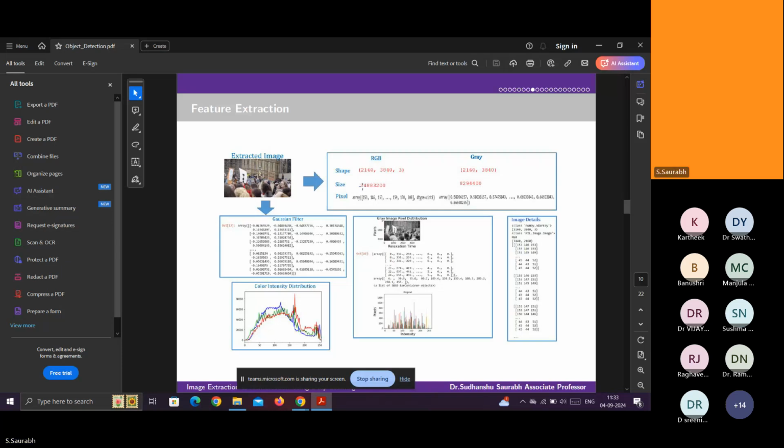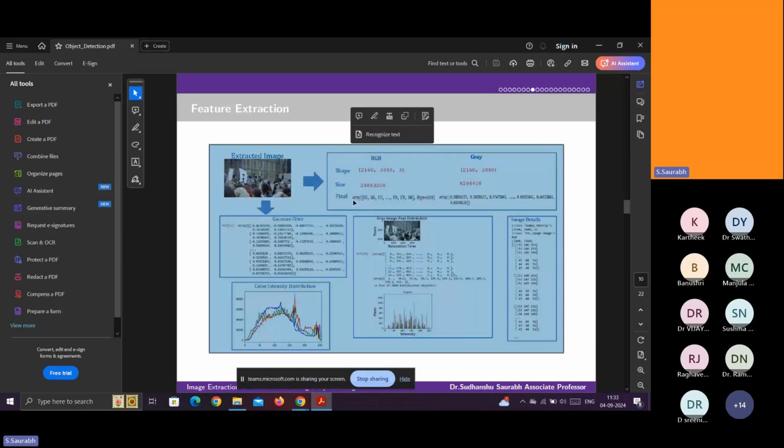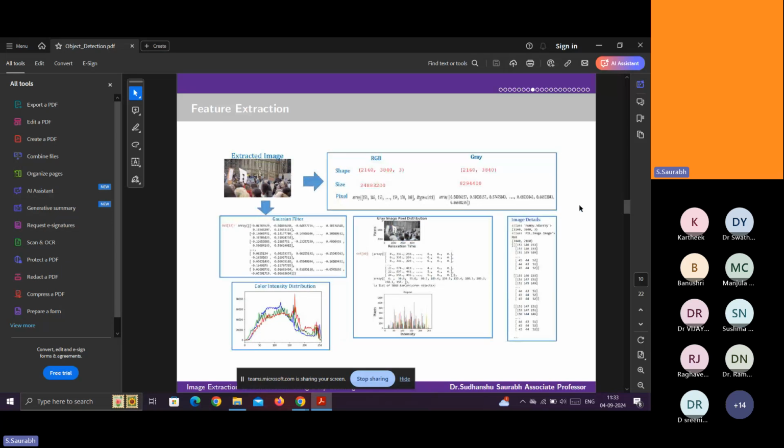So see, these sizes and pixel values are also known as a signal. You don't say signal directly. You can say the intensity of the color. Those intensities of color are converted into a signal, and those signals into a numerical format.